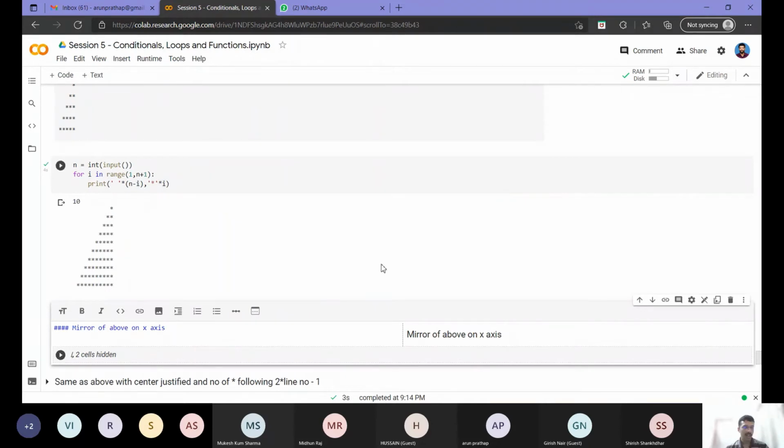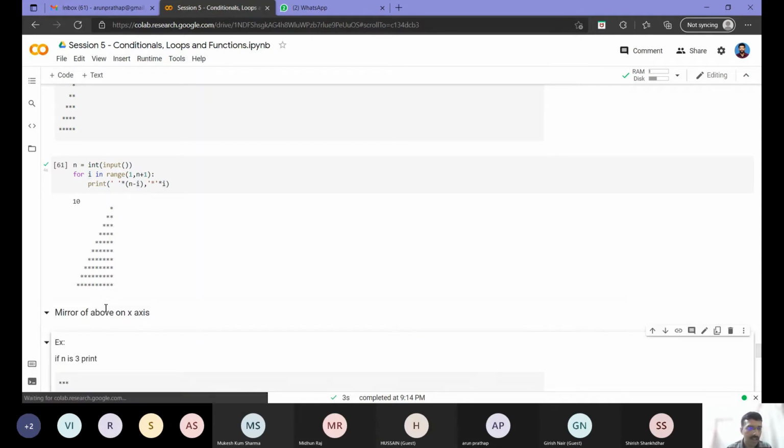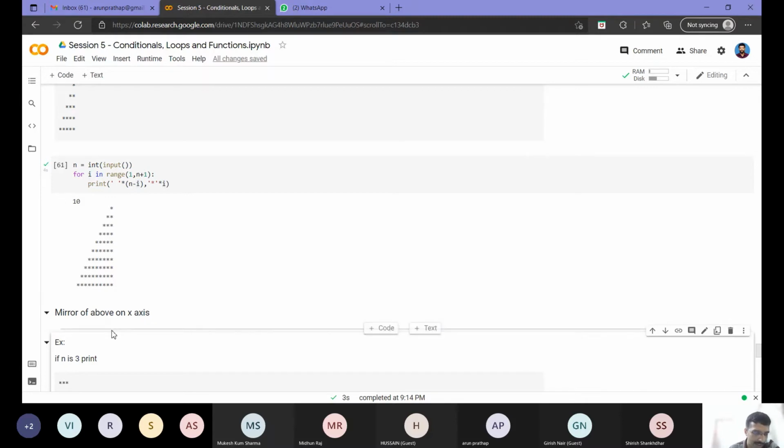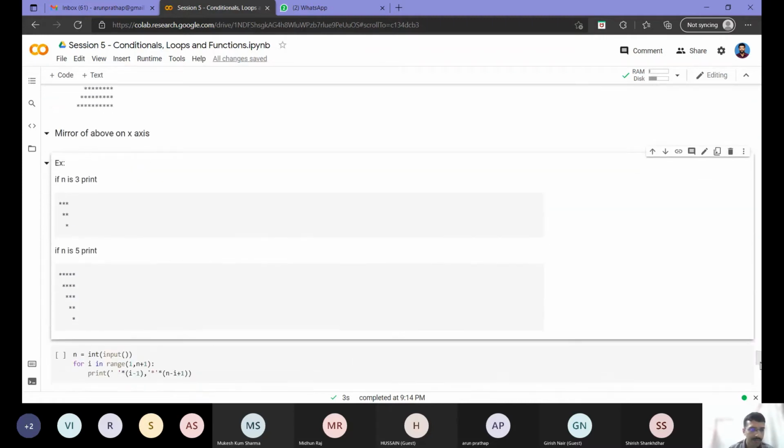Okay, now let's see. Suppose my next task is, you have made this rectangle, and now I want it to be ulta, inverted. In the first line I want 10 stars, same right aligned, then 9, 8, 7, 6, 5 up to 1. So basically that is like mirroring it based on the x-axis. I put a mirror here, and what I see on the mirror is 10 stars here, 9 stars here, 8 stars. So how to do that? That also can be done with a single line change in this code, right? Can you just say? Yeah, right.